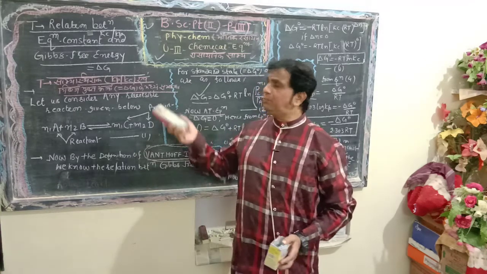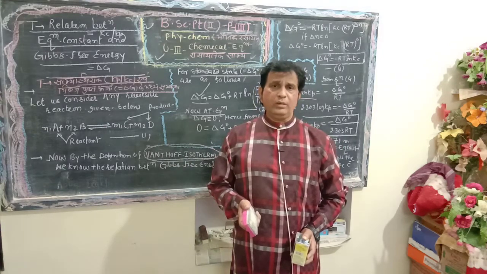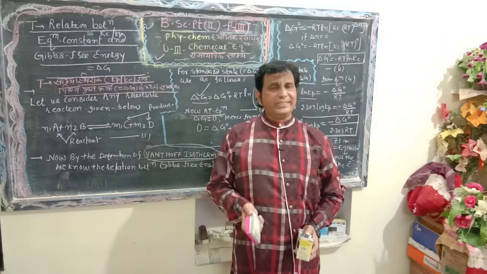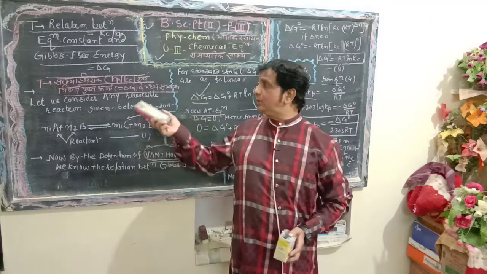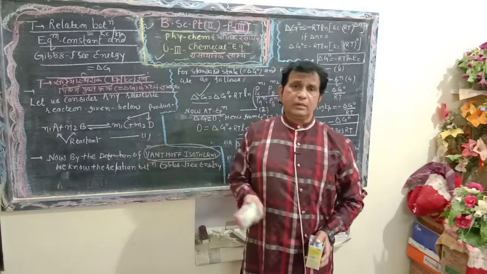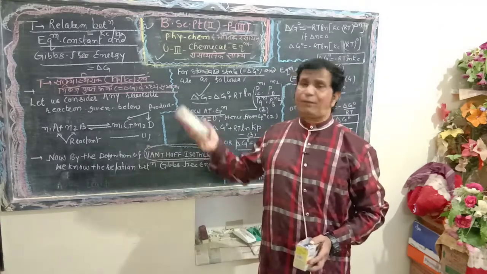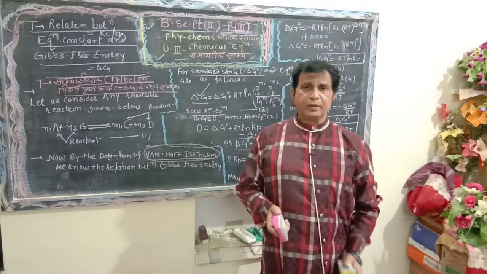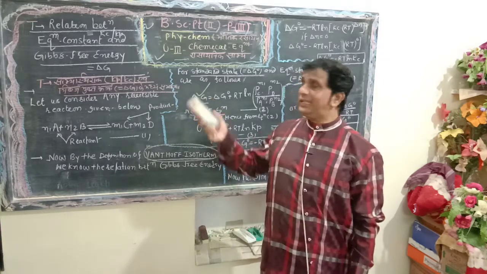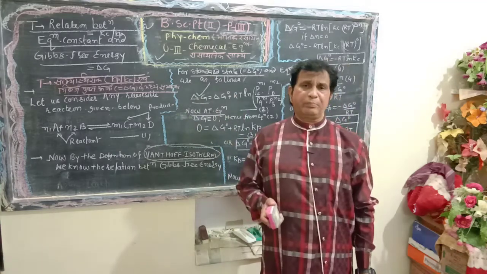Dear students of BSc Part 2, I am going to deliver today a very special lecture on the relation between the equilibrium constants Kp and Kc and the Gibbs free energy, del G. The topic is selected from BSc Part 2, Paper 3, Physical Chemistry, from Unit 3, titled Chemical Equilibrium.